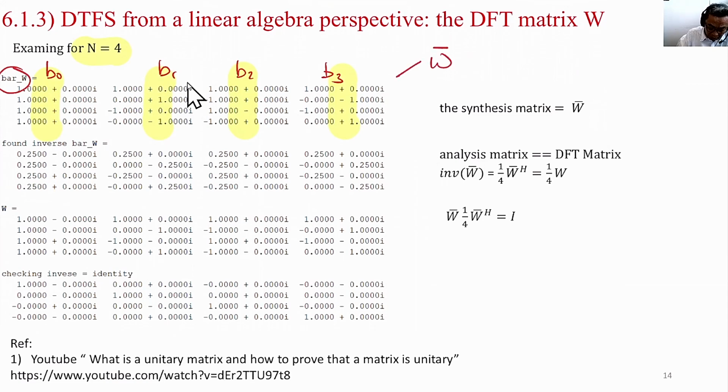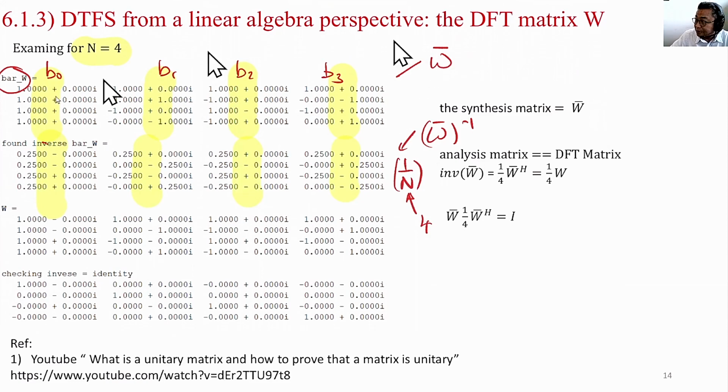And then I want to find the inverse, W bar inverse, and these are the columns, and if you compare the columns, the value is different to W bar by 1 over n, and in this case n is 4. The second difference is that if you note carefully at B1 and this guy,